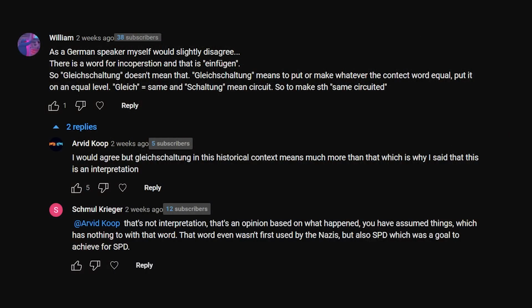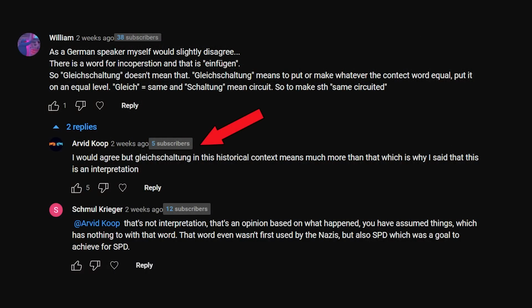This actually goes in alignment with what Jim Knowlton said, getting on board. So it's like we're getting on board, we're getting on the same switchboard or circuit board, we're being directed, all in alignment, all choreographed, that sort of thing. So synchronized, like synchronized swimming, we're all kind of doing the same thing. However, Jim doesn't say if he's a native German speaker or not, and Arvid Koop, whose comment had made me